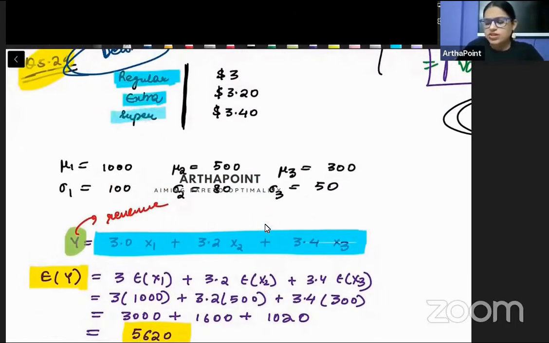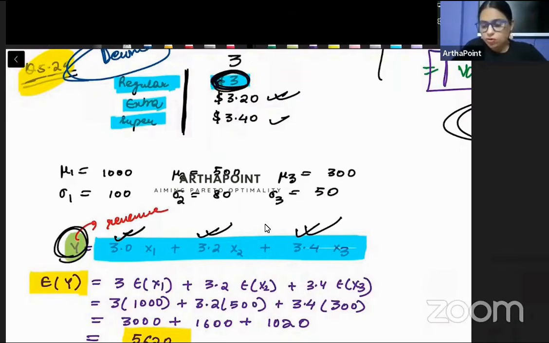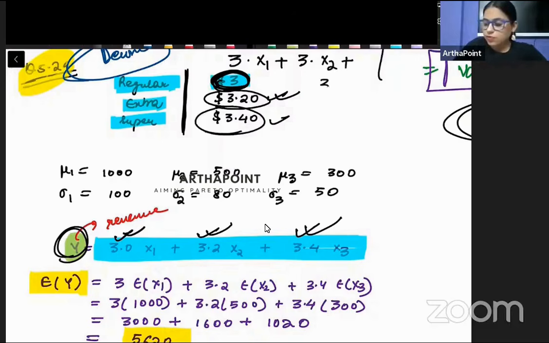और यहाँ पे ये जो x1, x2, x3 है, ये आपको दिया हुआ है कि रेगुलर, एक्स्ट्रा और सुपर प्रोडक्ट कुछ होगा, उसमें आपका क्या रेवेन्यू रहता है। तो देखो 3 पर यूनिट है तो 3 यहाँ पे रहा, इसका रेवेन्यू 3.2 पर यूनिट है तो 3.2 ये रहा, और इसका रेवेन्यू 3.4 पर यूनिट है बच्चे, 3.4 ये रहा। तो जो टोटल रेवेन्यू हो गया वो हो गया 3, एक यूनिट पे हम 3 रुपीज अर्न कर रहे हैं, into number of units sold, plus 3.2 into number of units sold, plus 3.4 into number of units sold।